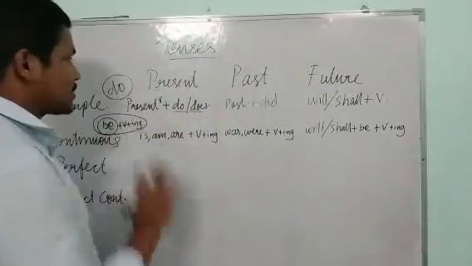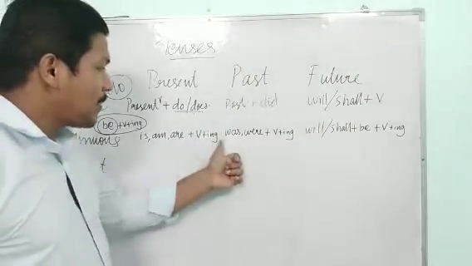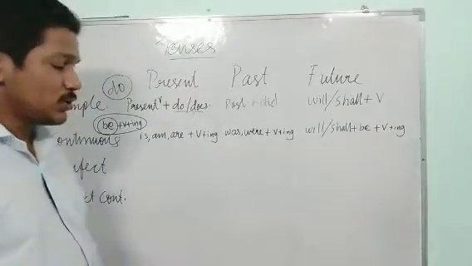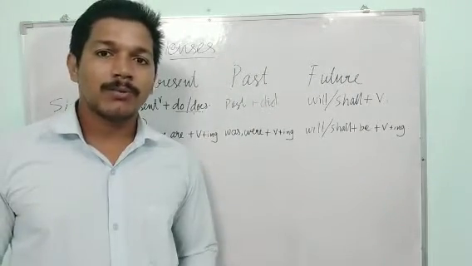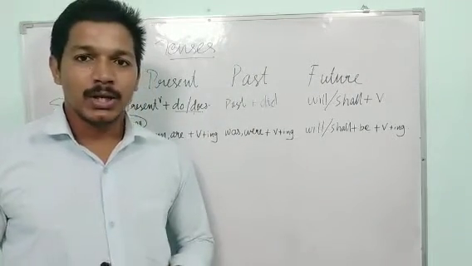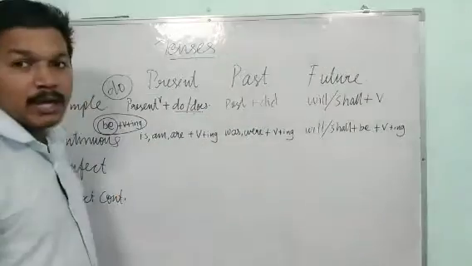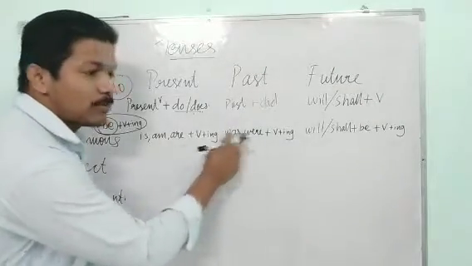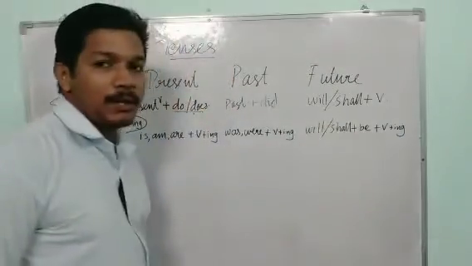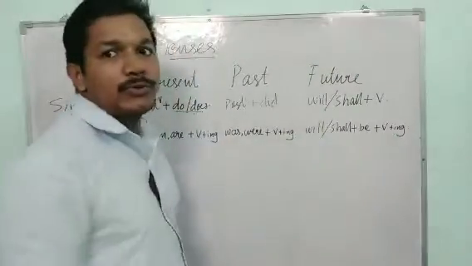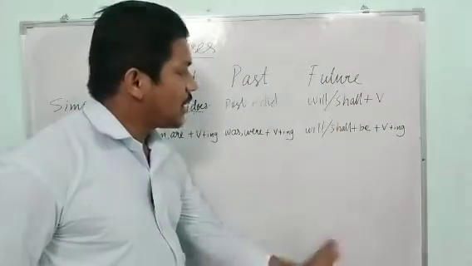So whether it is present continuous or past continuous or future continuous, whatever may be there, a verb plus ing will be there. So you just have to remember, whenever the word continuous is used, then you have to use verb plus ing, and one be form verb also will be used. For present tense, there are three be form verbs, that is am, is, are. When it comes to the past, it becomes two, one reduced: was, were. When it comes to the future, it becomes only be. And will or shall is common for future. Everywhere, all the future tenses, as I will tell you after completing this, will have will or shall.